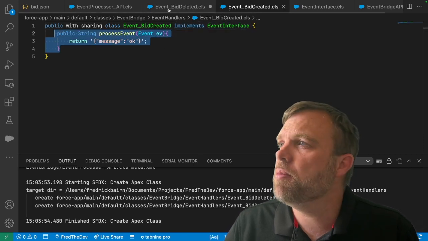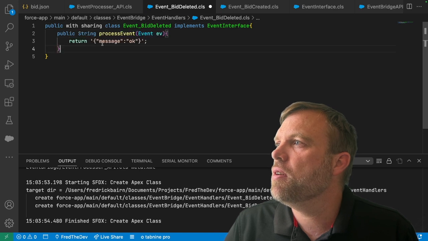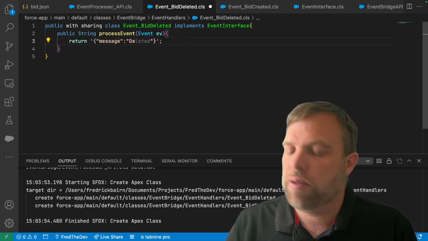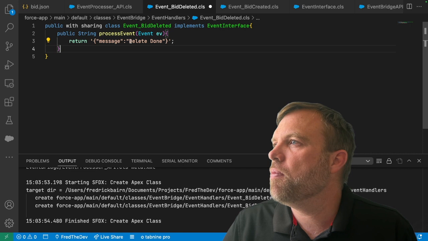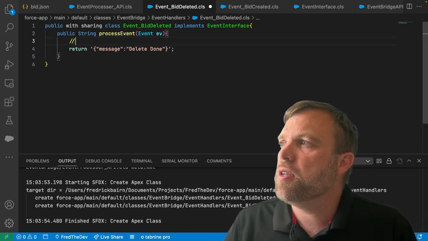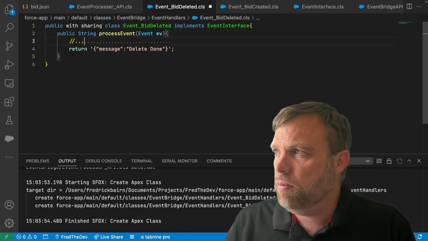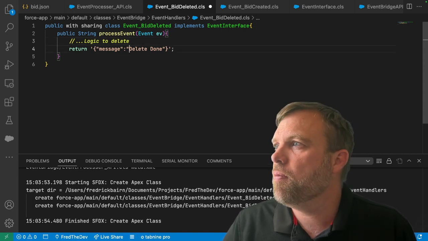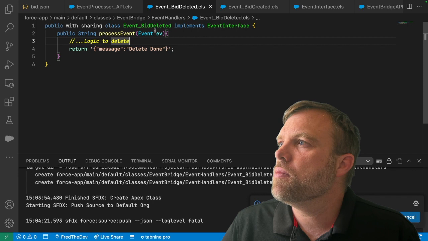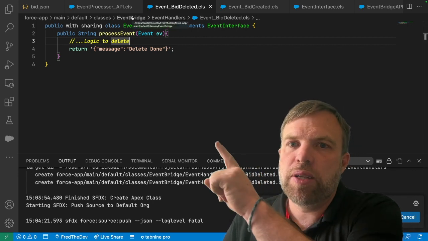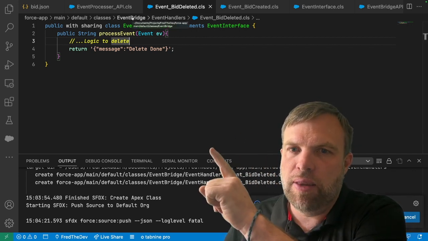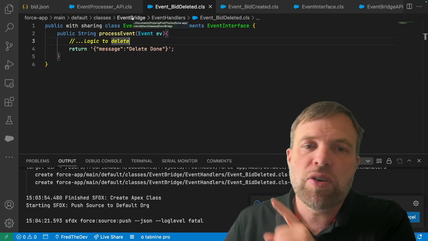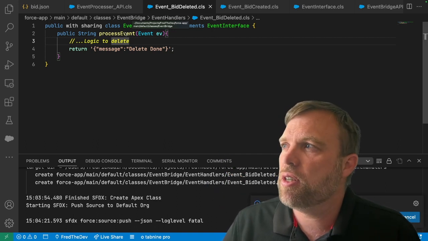One method that has to be implemented is the process event, and we're going to say delete done. And of course in here would be our logic to delete. All right, now notice I've completely added the bid delete logic, and I have not updated the event processor class